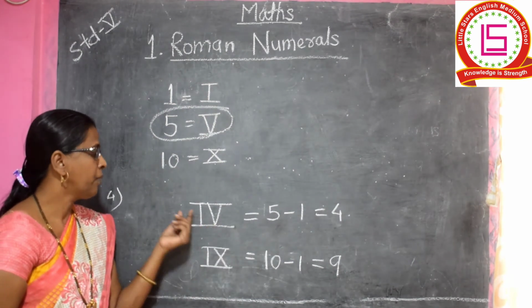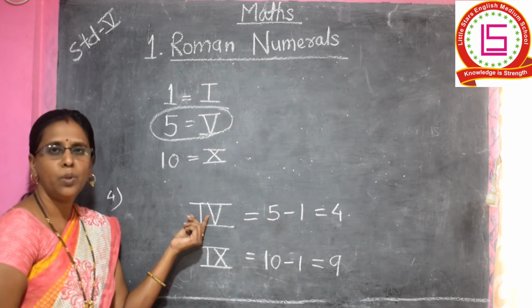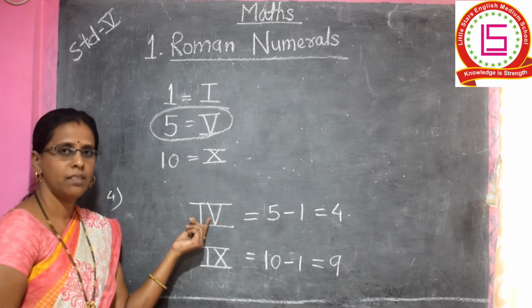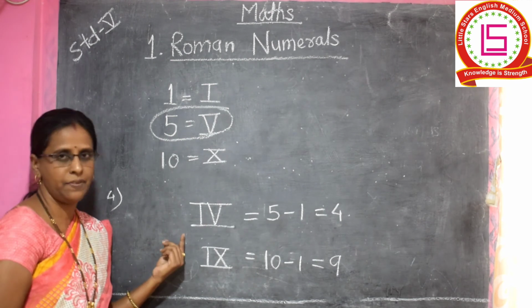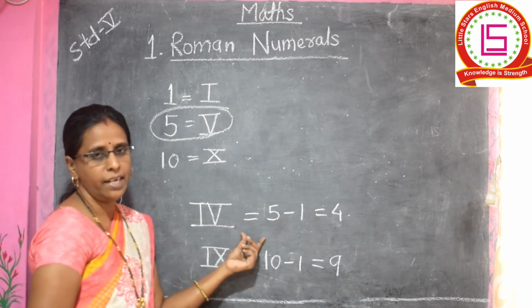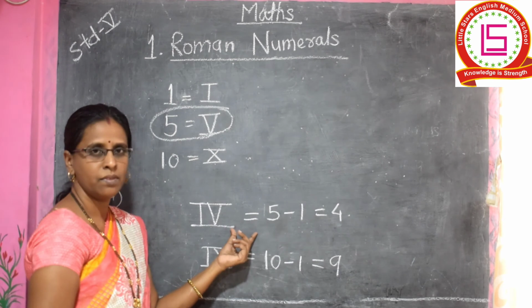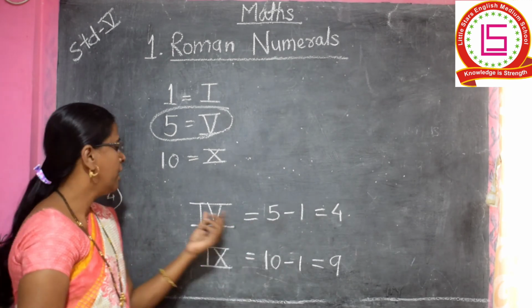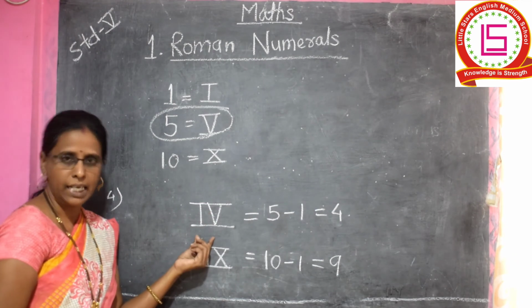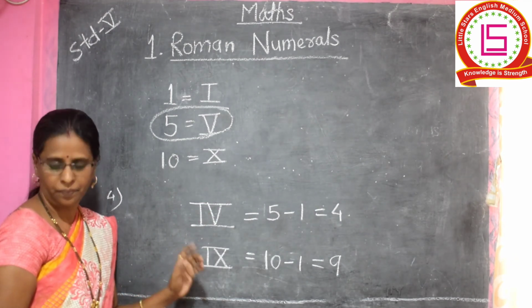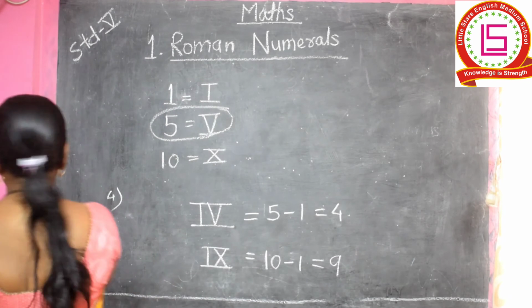And see here, we do not write more than 1 time I. You do not write 2 times I here on the left side. At the right side, you write 3 times, up to 3 times, okay. But on the left side, you write only 1 time I, okay. Then see here,